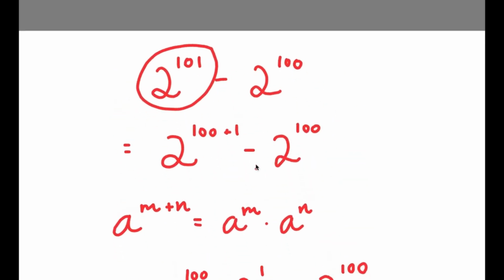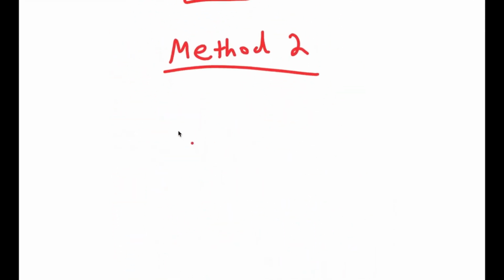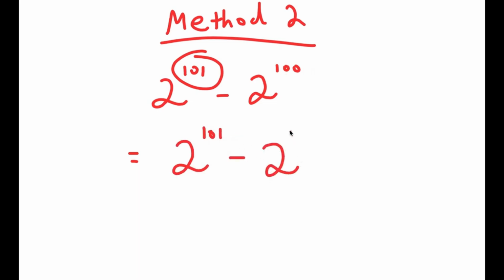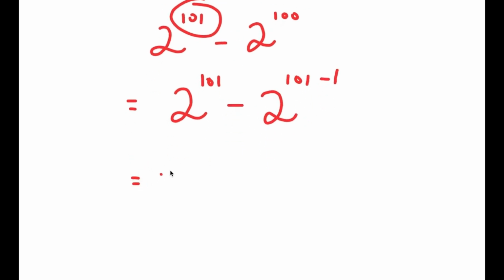So going back to the problem, I have 2 to the power of 101 minus 2 to the power of 100. Now, before I rewrote 101 as 100 plus 1, but how about I rewrite 100 as 101 minus 1? So now I get 2 to the power of 101 minus 2 to the power of 101 minus 1. And this is the same thing as 2 to the power of 101 minus 2 to the power of